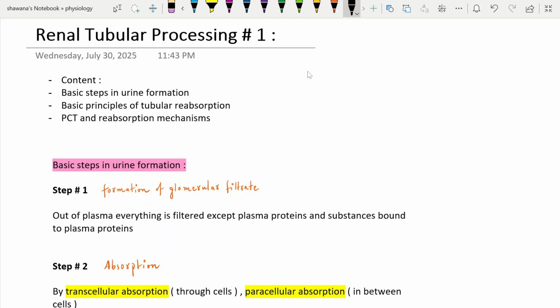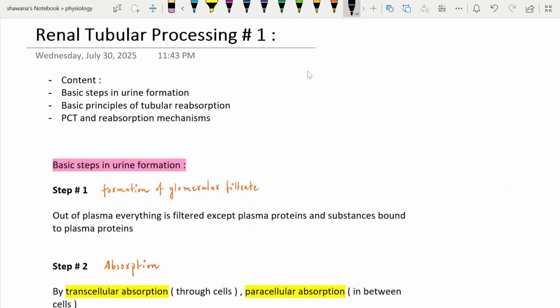Hello guys, and our topic for today is renal tubular processing. It's part 1 of a series of lectures where we'll cover this topic. We will discuss the processes and mechanisms that occur in the renal tubules for the reabsorption of the filtrate. Because as you know, the basic steps in urine formation involve filtration,